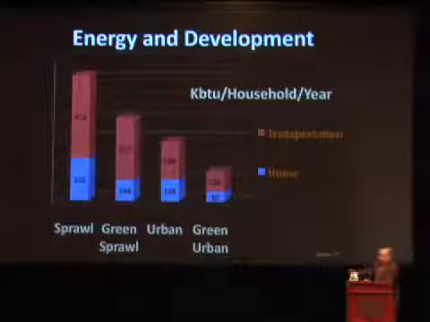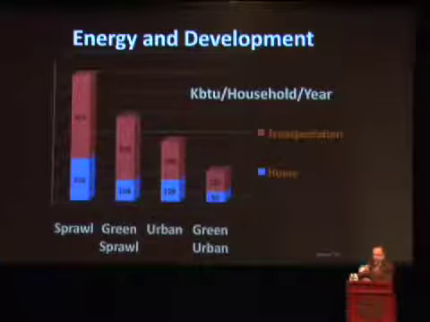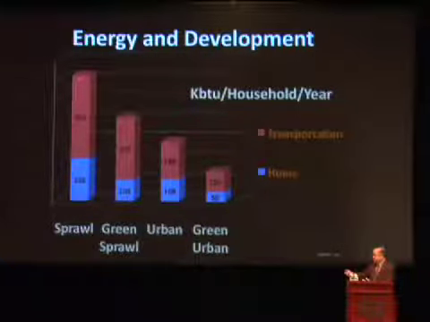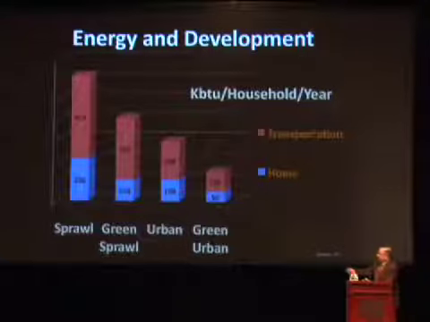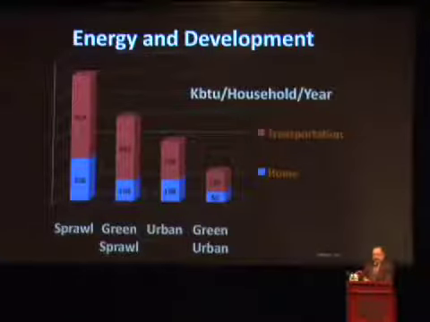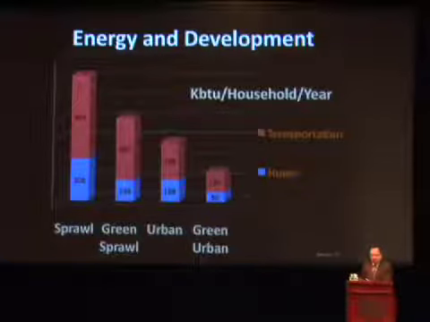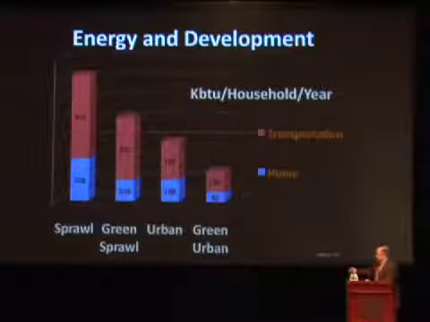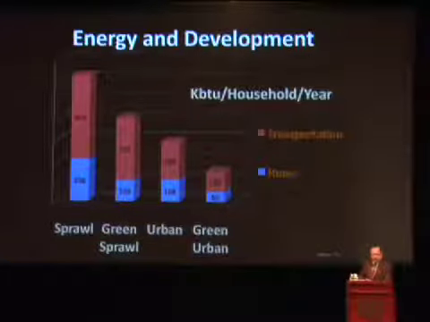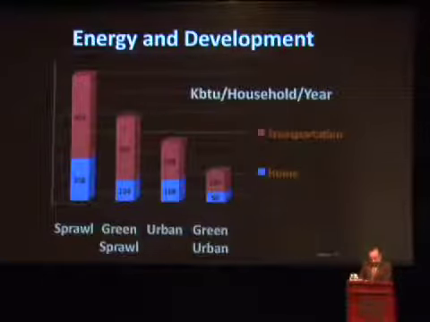And likewise, specifically on energy, you can see transportation and home energy impacts of different development patterns from sprawl, which is, of course, what we mostly have in the West, green sprawl, where we're actually doing green buildings but still developing in a very poor land use pattern. Urban is still better, you know, even if the buildings are just standard construction, not green buildings, the fact that it's urban makes more of a difference than the fact that it's green in a subdivision. And then, of course, the best of all worlds is well thought out subdivisions with density and green building.